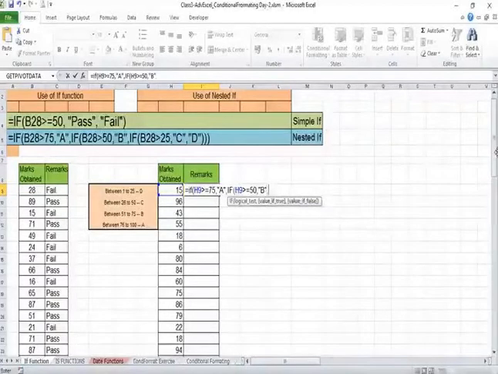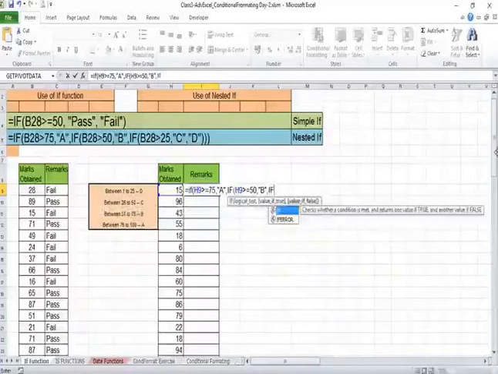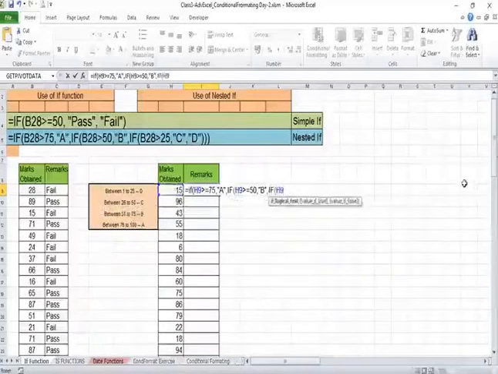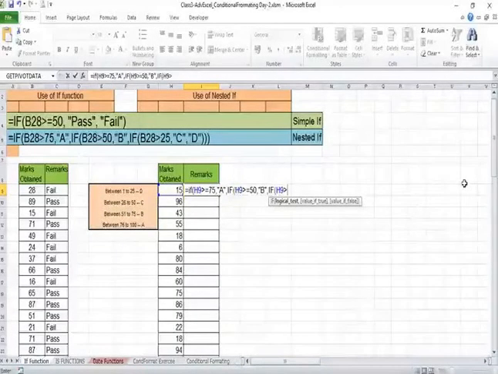And if it is not so, we will use another if to evaluate if this value is greater than 25. So here we will write C if it is greater than 25.